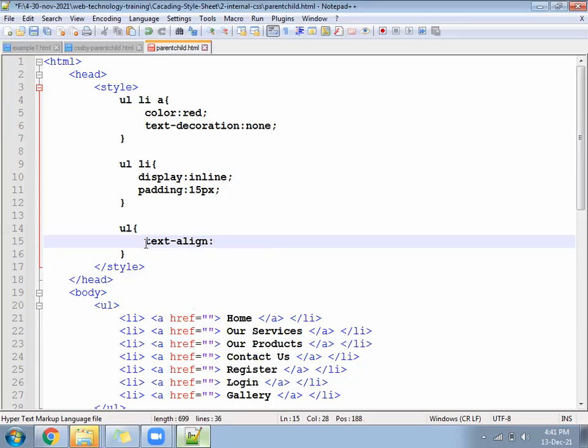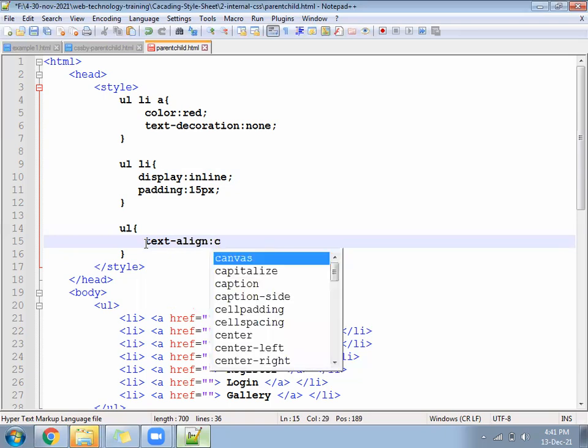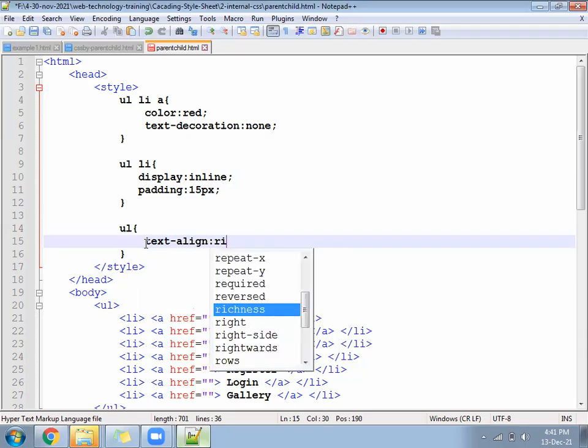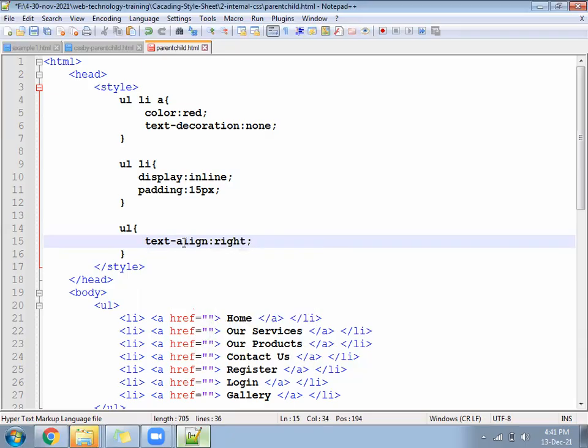Left means left, right means right, center means center, justify means it covers both the sides, left and right. Text align, keep as maybe center or maybe put as right, it will become a stylish menu. Text align right. Okay, you will see now the same text will appear from the right hand side. The same content which we have, it will start printing from the right hand side.